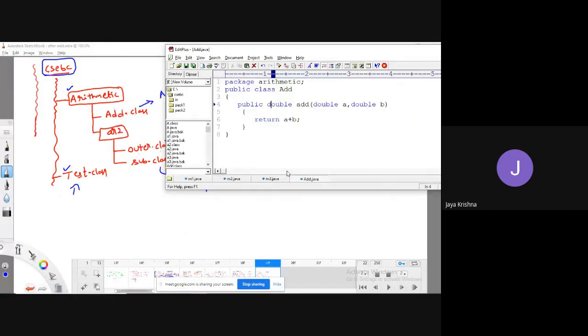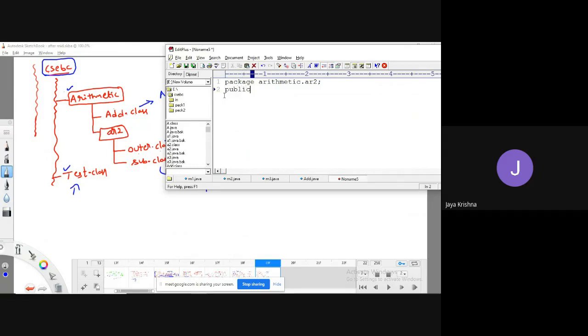Now I am going to take one more file. AR2. AR2 is the subfolder of arithmetic. So what I need to do? I need to make the package subfolder, right? So I need to make the actual folder arithmetic dot AR2.